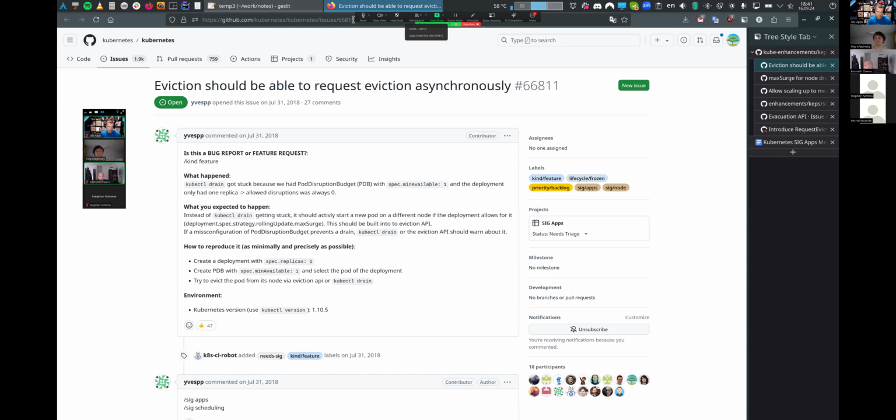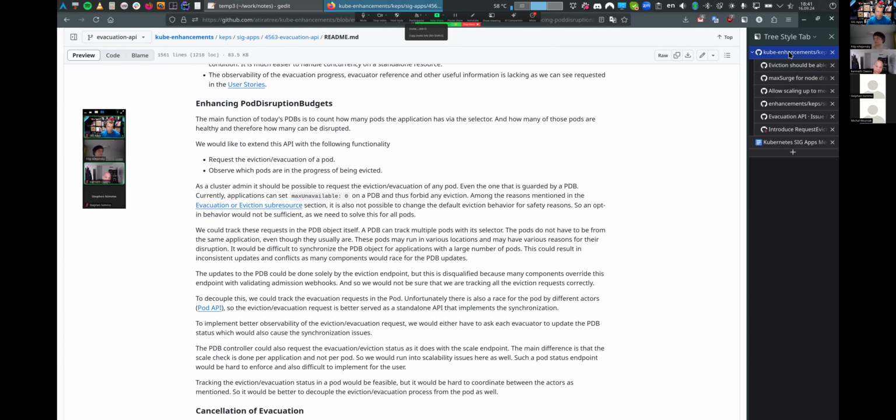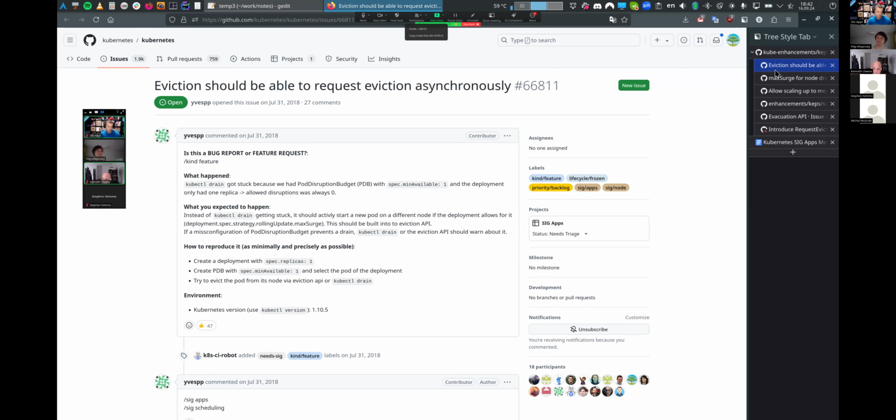Yeah, so actually that's one of the issues which this KEP is solving. There is also a use case by KubeVirt, and they actually do that. They have the live migration option there, and they are also overriding the webhooks.